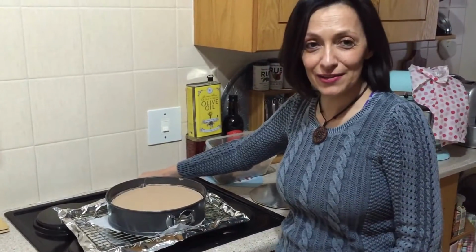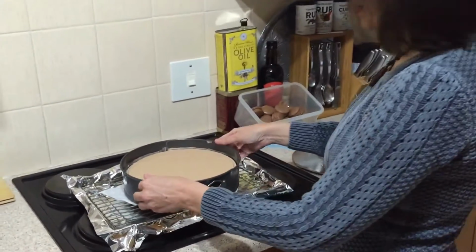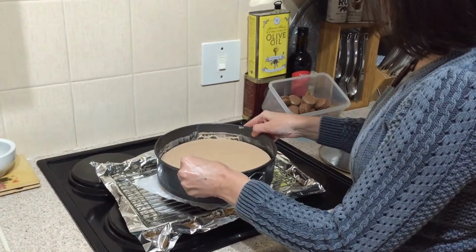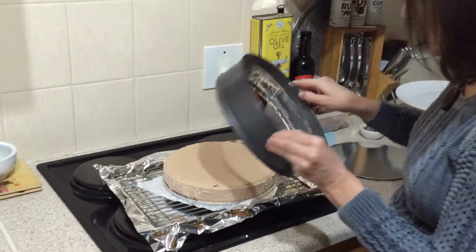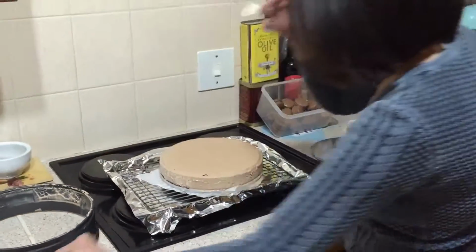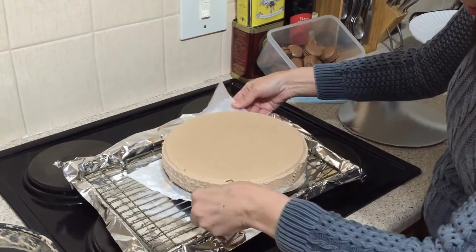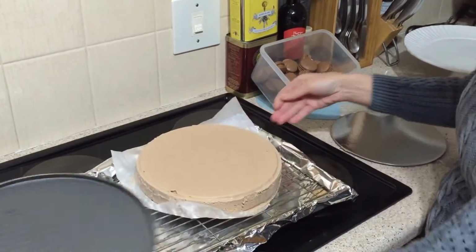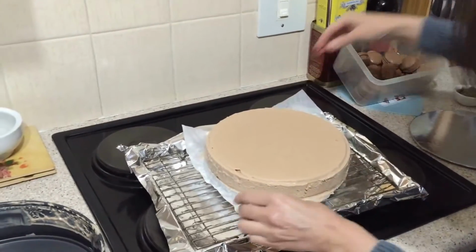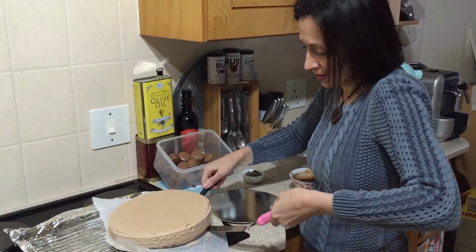Hi, I've taken my cheesecake out of the freezer. It's been there overnight, and I've already unclipped my mold, and I'm hoping for the best. There we go. There we have the cheesecake, and we'll be able to slip it off the base quite easily. And what I'm now going to attempt is to take it off my baking paper and transfer it